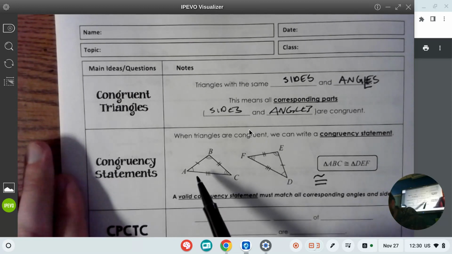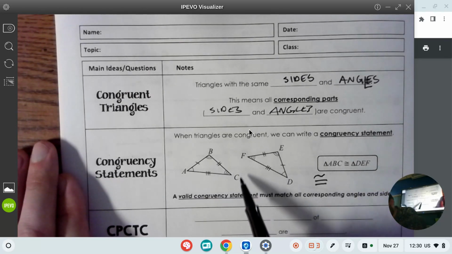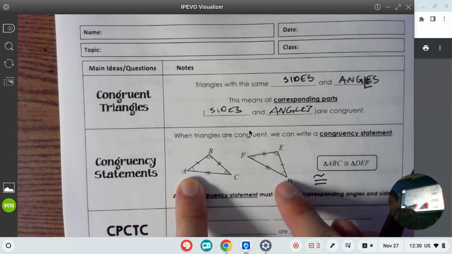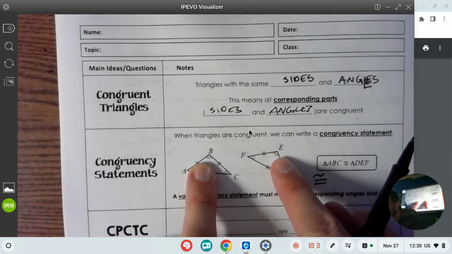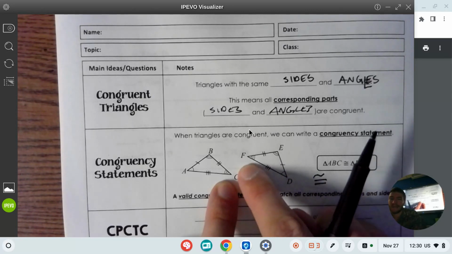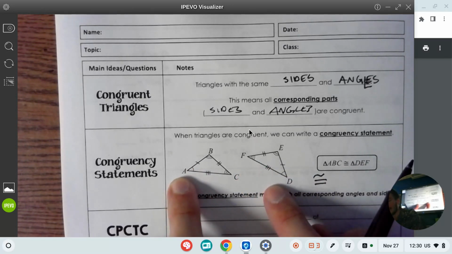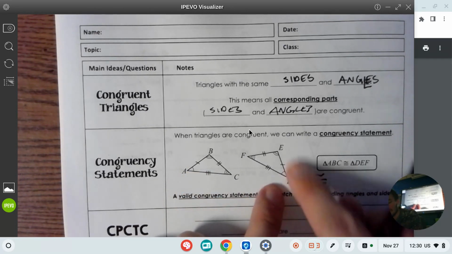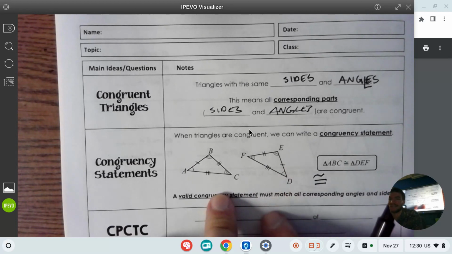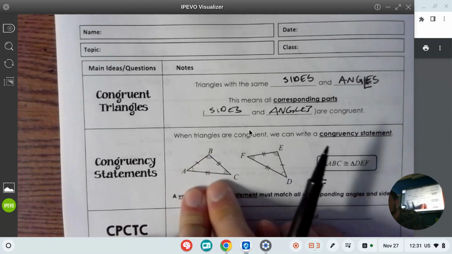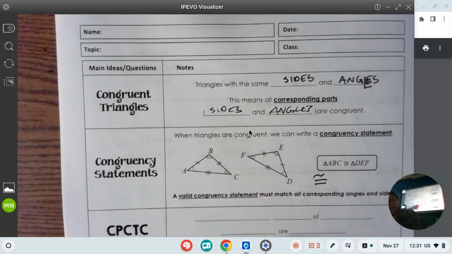And if you look at that, look in all the angles, you can see that A and D are matching. B and E are matching. C and F are matching. You can also see that AB has one slash, which is matching up with DE, which has one slash. So when these are congruent, this triangle has parts that are congruent with this triangle, which is where we're going